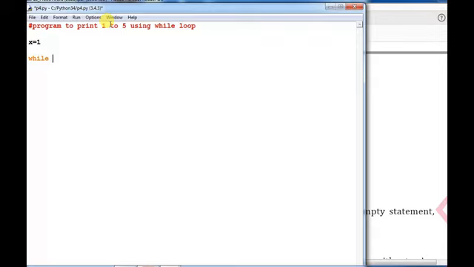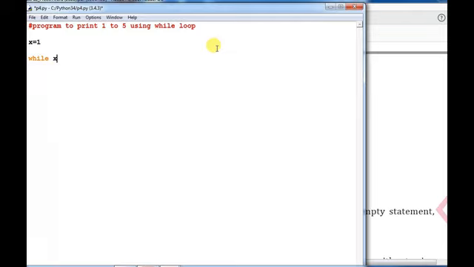then you have to set a condition here, so that condition must be true at a certain point of time. Suppose I want to print 1 to 10, so x is less than 10, because we want to get the value up to 10.